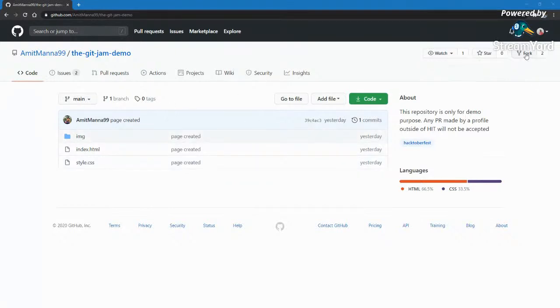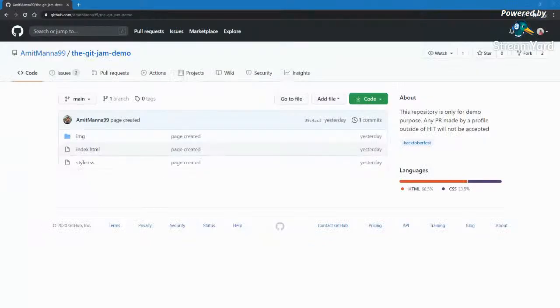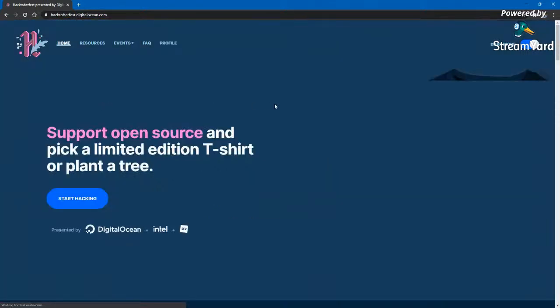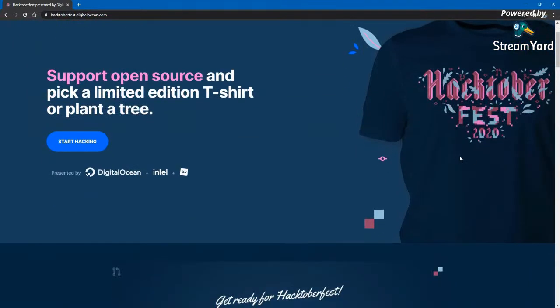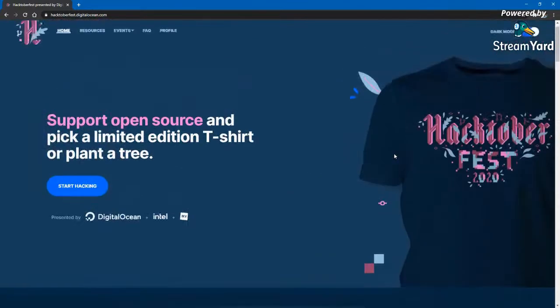So you guys know that. Okay, just first let me show why you need to do pull request. So here is something, an event that is going on, Hacktoberfest. So if you go to the home page and you see, you will get this t-shirt if you are one of the first 70,000 people, I mean students, to submit